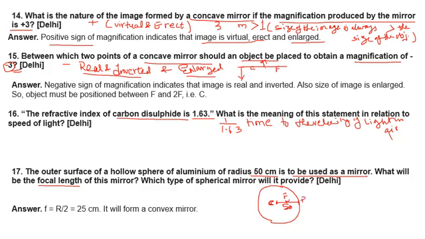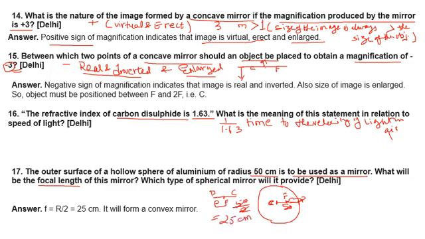The distance between the pole P and the center of curvature is known as the radius of curvature, and the distance between P and F is known as the focal length, and this distance is always half of the radius of curvature. So if the radius of curvature is 50 centimeter, then the focal length will be 50 divided by 2, that is 25